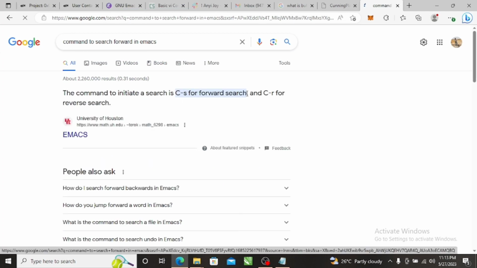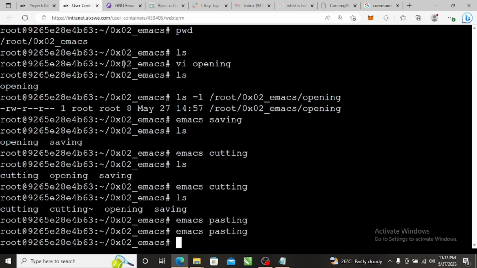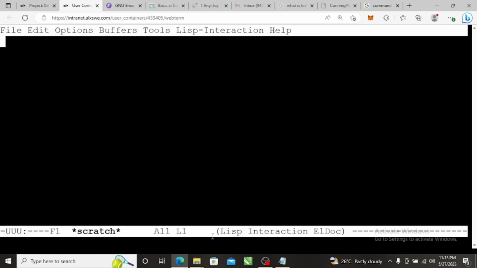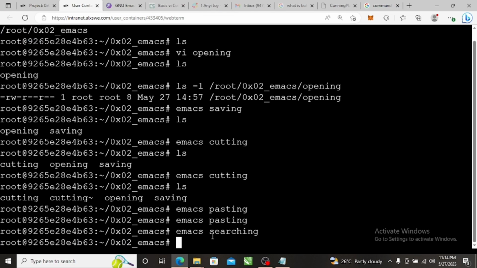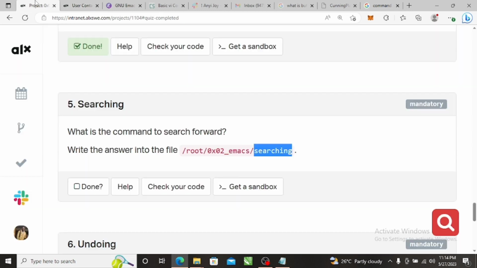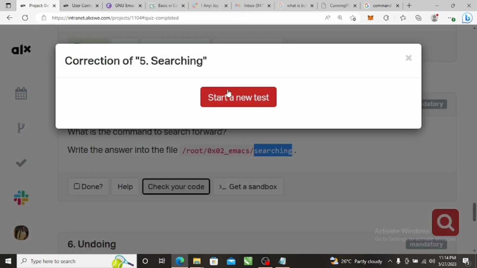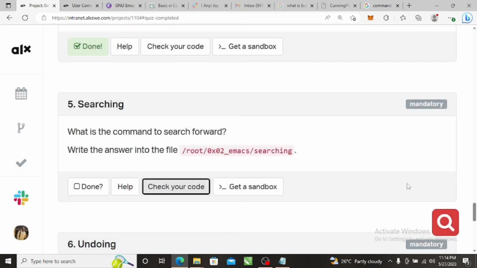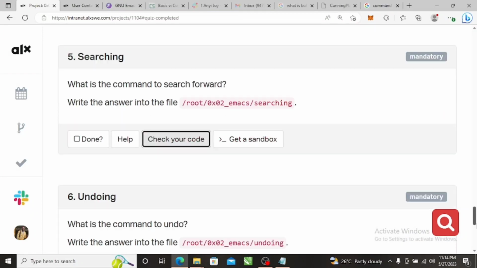C-S for forward search and C-R for reverse. So C-S is search forward. So we do Emacs searching, C-S. And then Control X, Control C, and then that should be that. So let's check our code. You can always just use Google. Okay, so